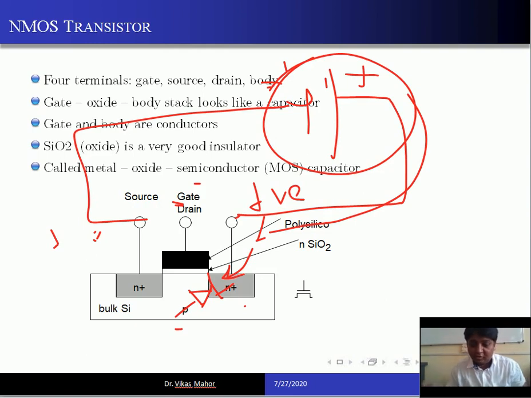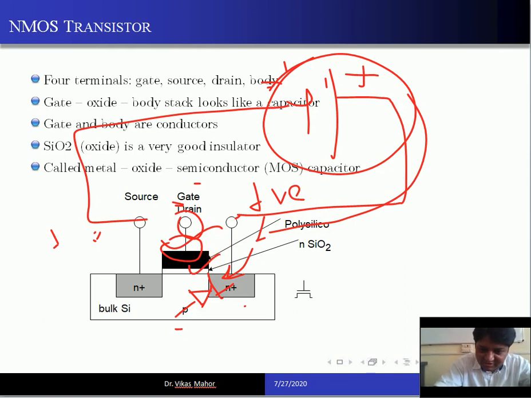Now what do you do? You want to conduct current through a transistor. You have a gate terminal here. But that gate terminal, remember, is insulated. That's why it is known as CMOS, complementary metal oxide semiconductor. I'll let you know what complementary means. Metal oxide means metal. Here we have used polysilicon. We may use a metal. Initially, people used metal in this. So you have a metal, then an oxide layer, and then silicon. That's why we call it MOS, metal oxide semiconductor.